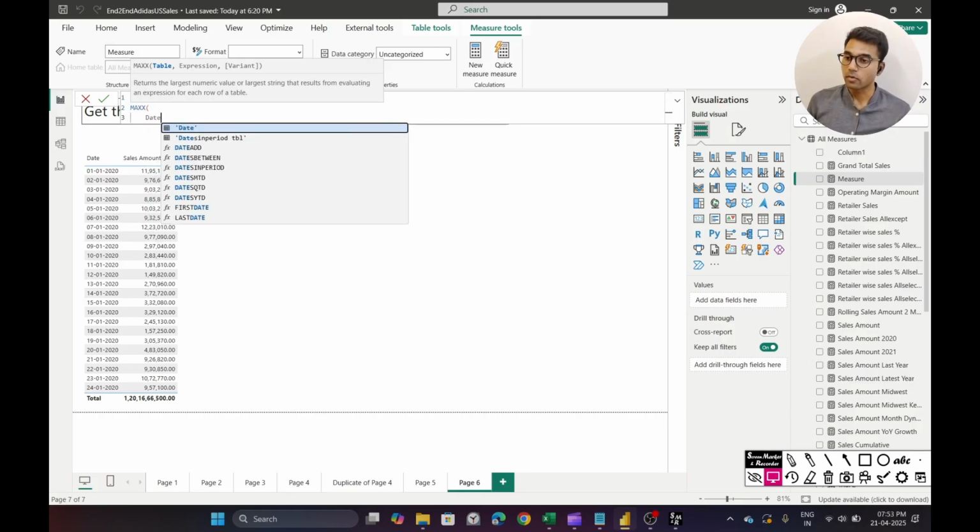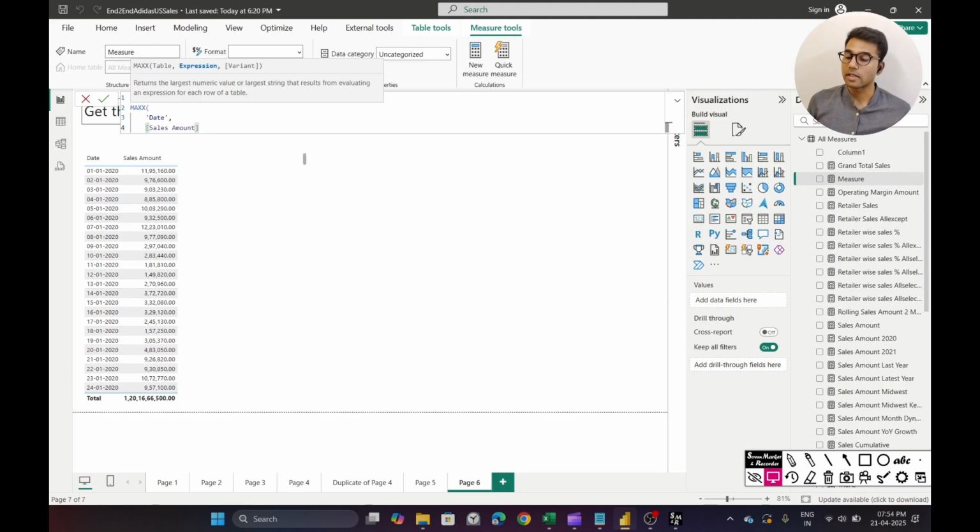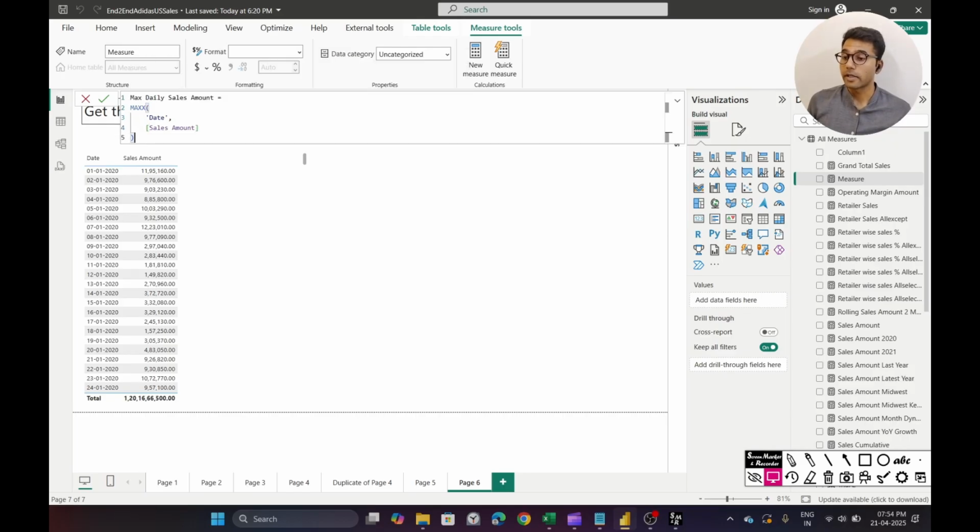and I will iterate over the date table because I want to iterate day by day and then get the maximum sales amount. So I will iterate over the date table and I'll use the sales amount measure because I want to get the maximum sale that has happened in the month of Jan, and the value that I want to evaluate is the sales amount. So let me hit enter,